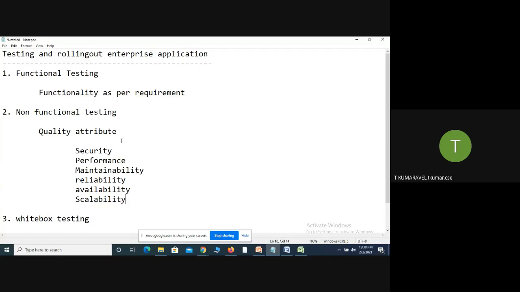Reliability, in the sense, for example, if any one of the components in your application fails. Say you are developing an enterprise application based on a distributed environment, which is associated with n number of systems. If any one of the systems fails, how is it going to perform the computation task?